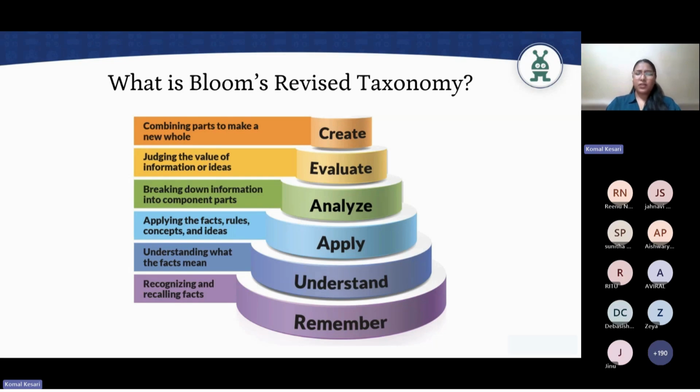I'm a civil engineer, and I need to make a design, a structure which is an earthquake resistant structure. So at that time, how can I utilize that Pythagoras theorem in that way? That is the evaluation. And the create. When I will be creating something new, I will be creating a whole new design using that particular formula, using that particular theorem. That is the final part,